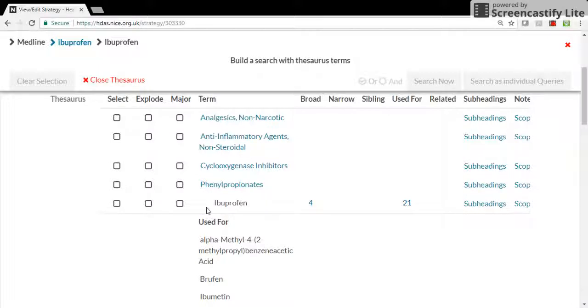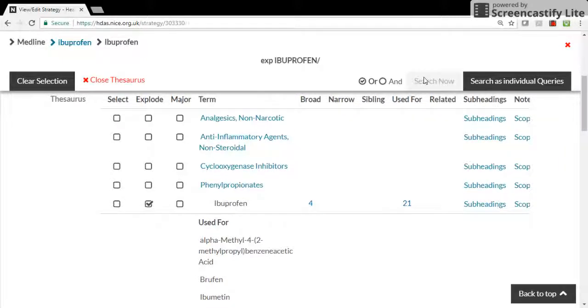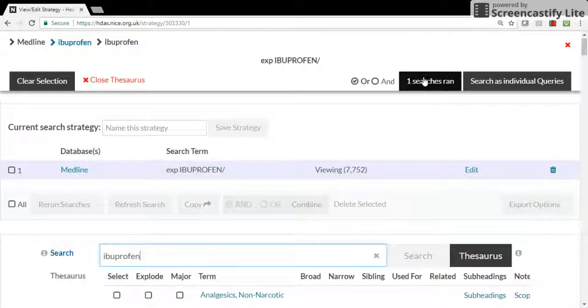Once in the thesaurus, we locate the thesaurus term that we're interested in, remembering that if we're not sure if that is the correct term, we can always check the relevant scope note. Once we've identified the term, best practice is simply to explode and click on Search Now. Once we've located and searched on our thesaurus term, we need to close the thesaurus in order to search on